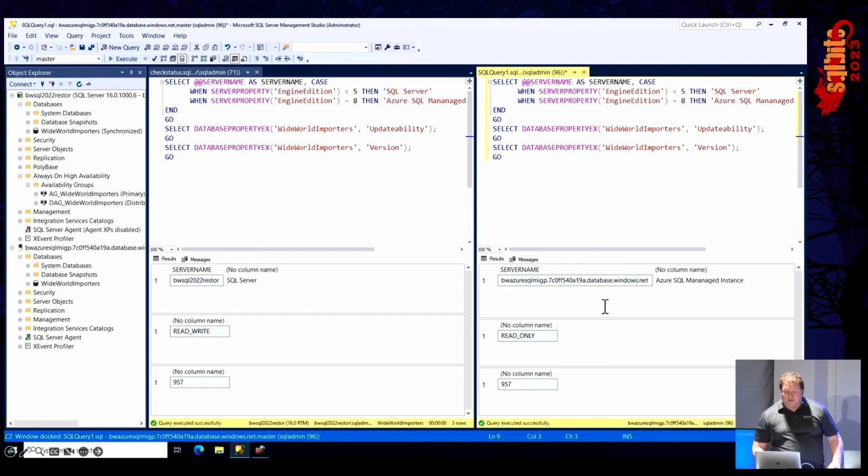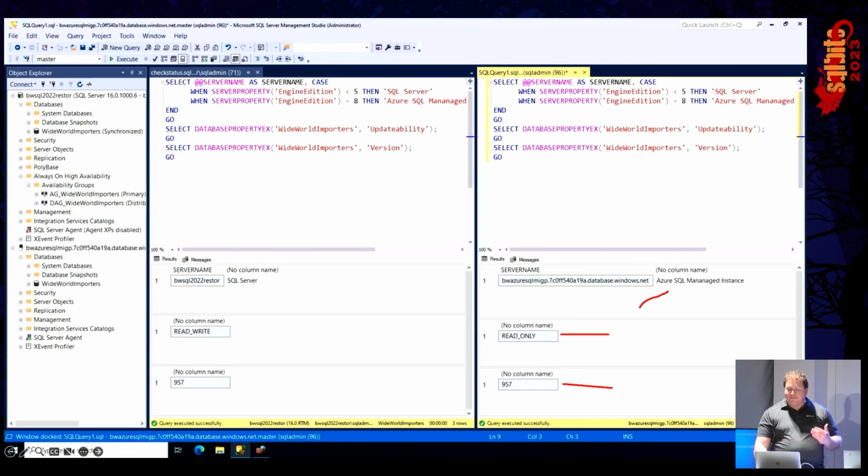On the right-hand side, we can see this is the managed instance version. It's in read-only mode, and again, its database is 957. So let's go in and make some changes in the SQL Server and see how this is actually going to